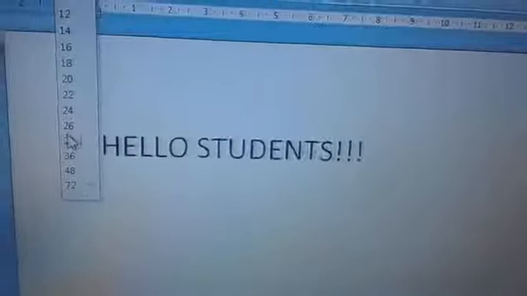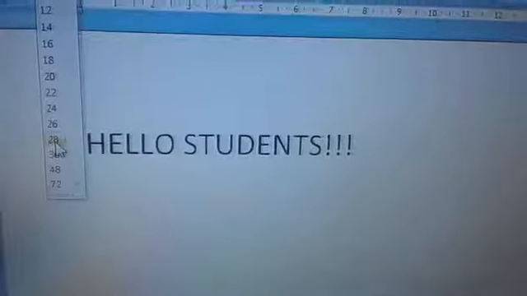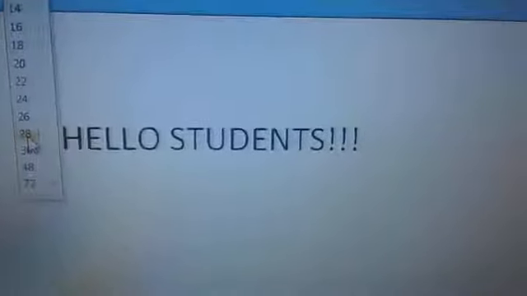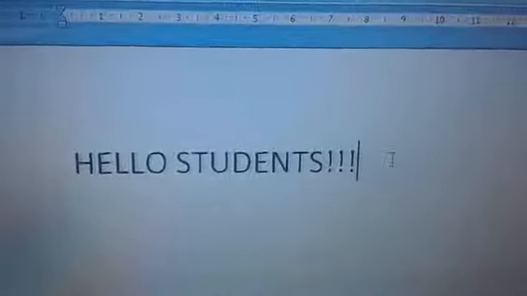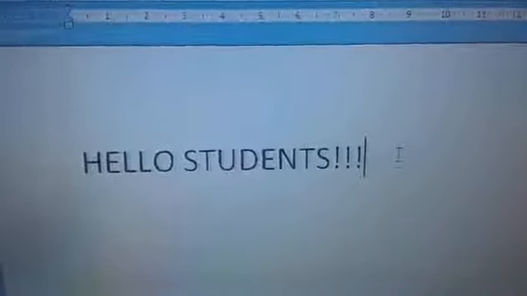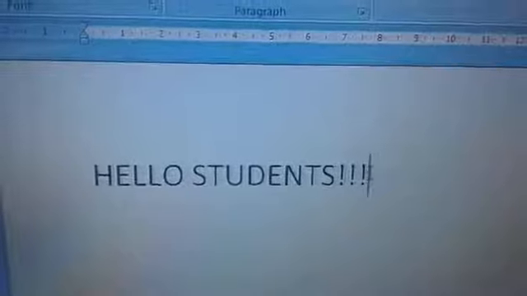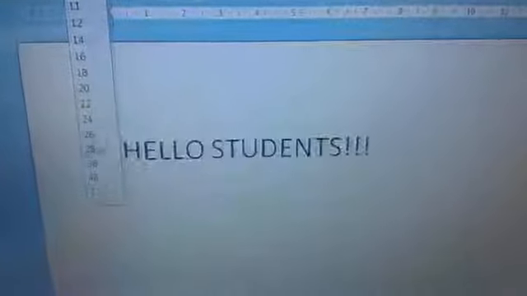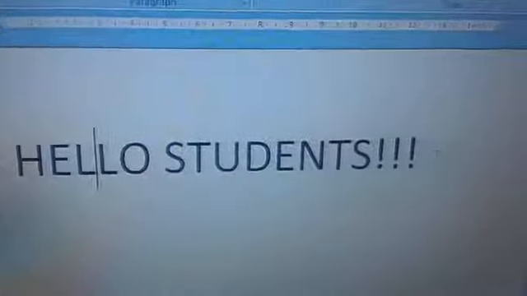Say I want to set the size up in this. So I will click on this 28. This is size 28. I'll click on it. The text is of size 28 now. Now after selecting it, if I think again, no, this size has become a little smaller. I want to make it a little bigger. I will select it again. Say size 48. The text is of size 48 now.